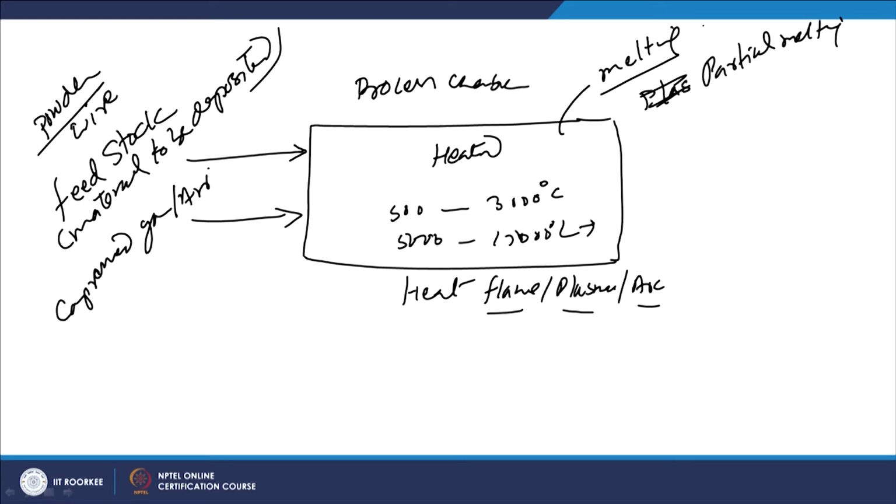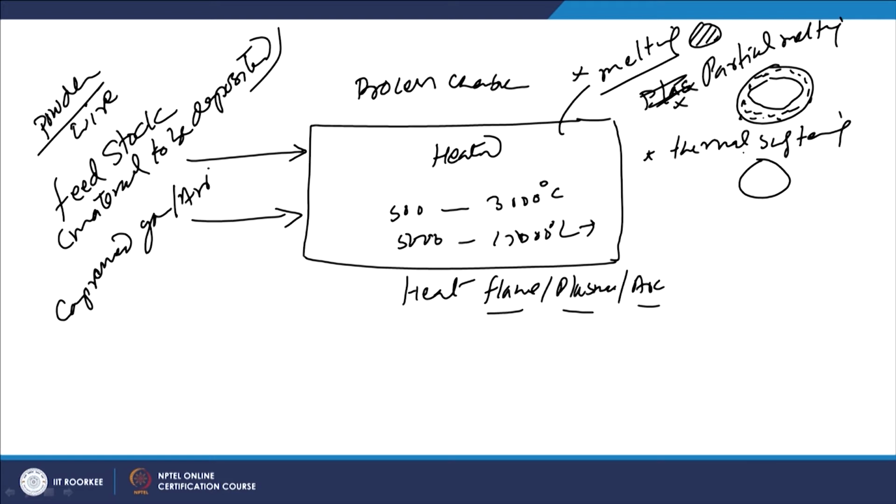In complete melting, entire powder particle will be brought to the molten state, while in case of the partial melting only skin of the powder particles will be reaching the molten state. And there is one more possibility that heat can cause just the thermal softening of the powder particles. So, there is no melting, but the entire particle remains in the solid state, only the softening of the